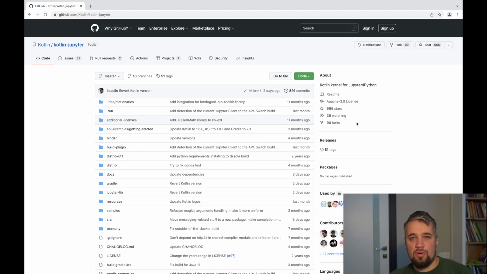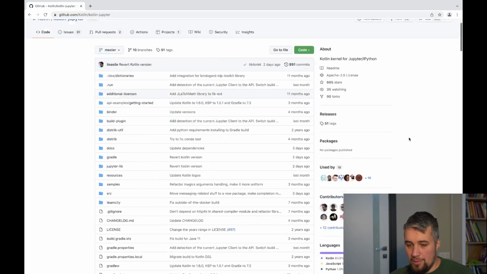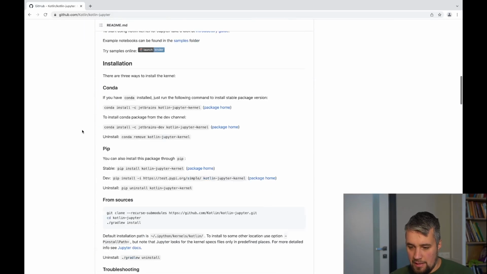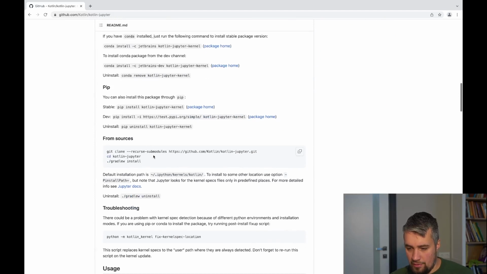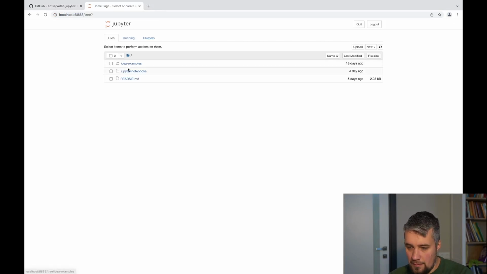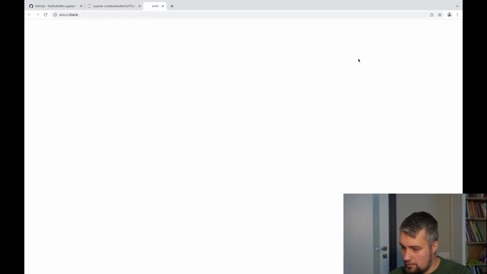So now let's explore the DataFrame API using a well-known dataset with Titanic passengers. I will show you how to use DataFrame in Jupyter notebook, and you will need the Kotlin kernel for Jupyter. You can find it on GitHub, Kotlin Jupyter, and get installation instructions there. And once you have it installed, we will create a new Kotlin notebook